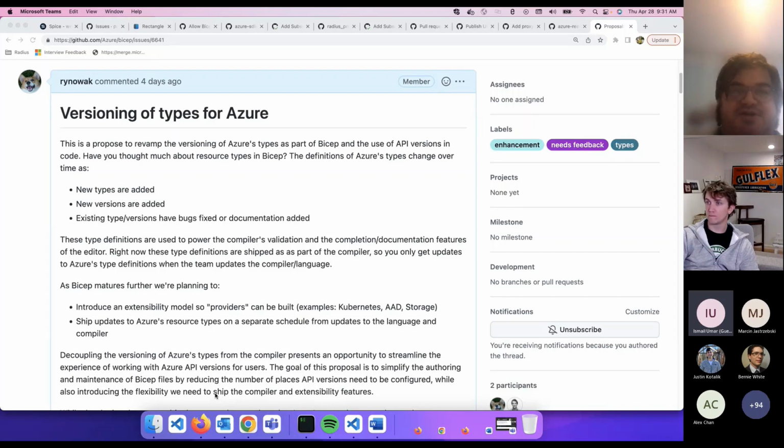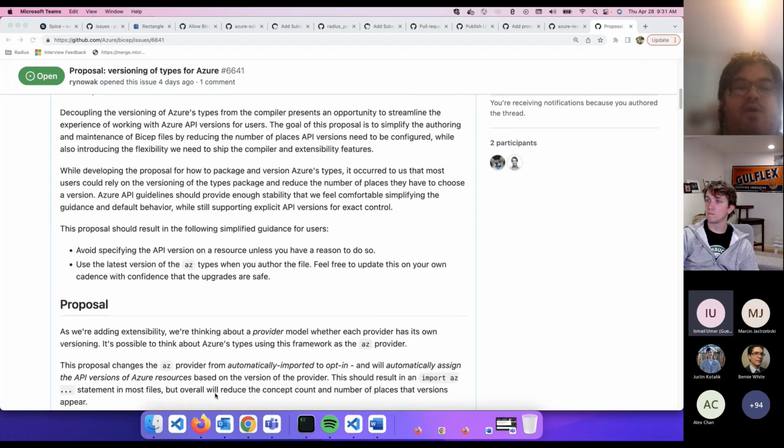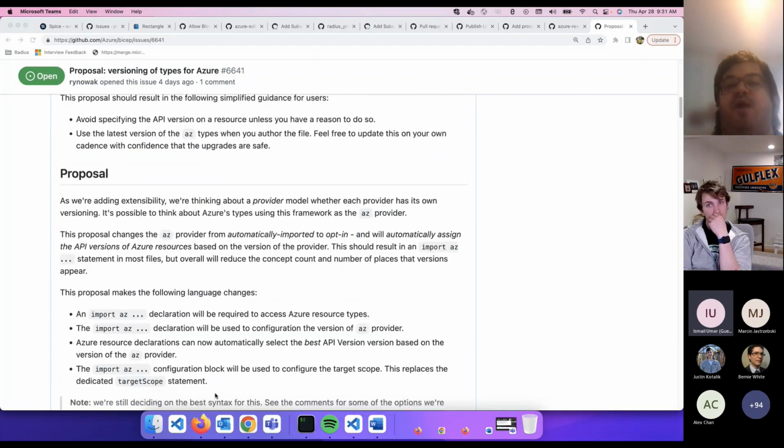In a world where we ship Azure's type definition separately from the compiler, we want you, the user, to have some way to control what that version of types is. Likewise, as we're adding extensibility, everything that's defined through extensibility, say Kubernetes or AAD, comes with an import statement in the code. So you have to say, I'm using Kubernetes or I'm using AAD, and that's where you provide the configurations for those things. So I think we've used the word provider or extensibility provider to refer to that, but you can